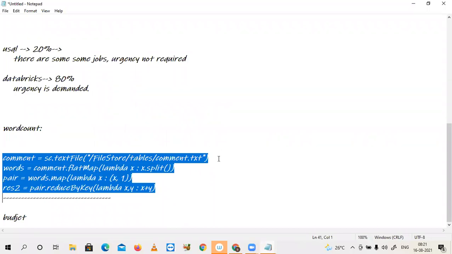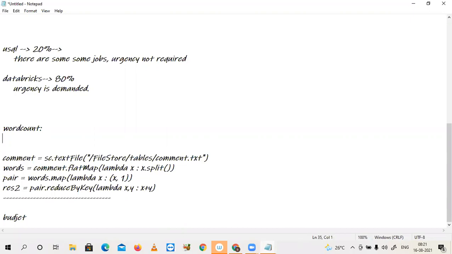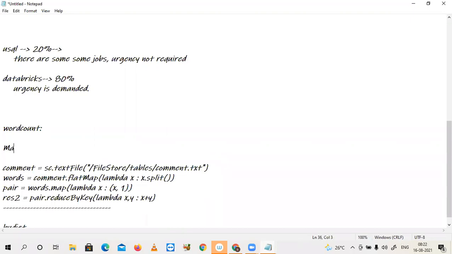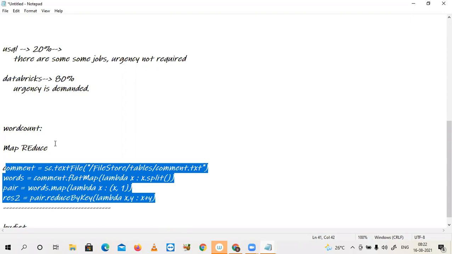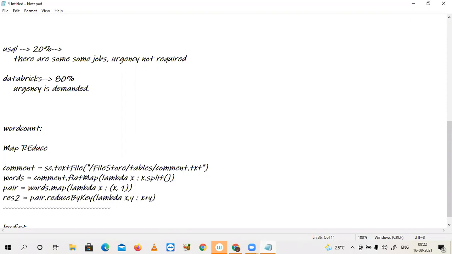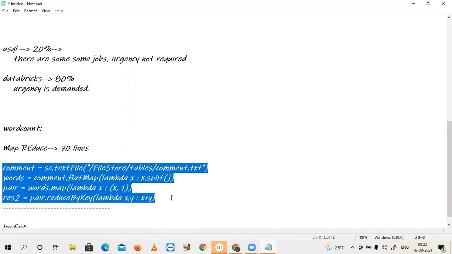Before Spark, big data systems were using a special technique called MapReduce, especially in Hadoop. In Hadoop, to perform this word count program in MapReduce, I need to write some 70 lines of code. But with Spark, I get 2 advantages.